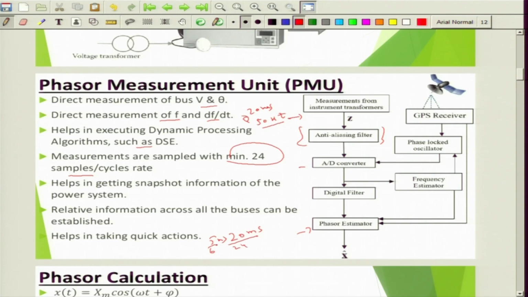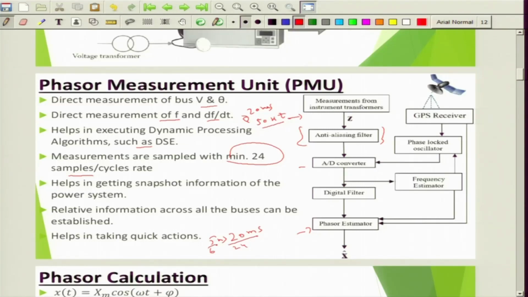So this helps in getting snapshot information of the power system. Ultimately, we need to have a snapshot image of the entire power system, so that we will get to know the voltage profile at the different buses and the phase angle at different buses, so that we are able to understand whether the voltage limits have been violated or not, or the phase angles have been violated or not, and we can calculate the load flow such that the thermal capacity of the lines should not